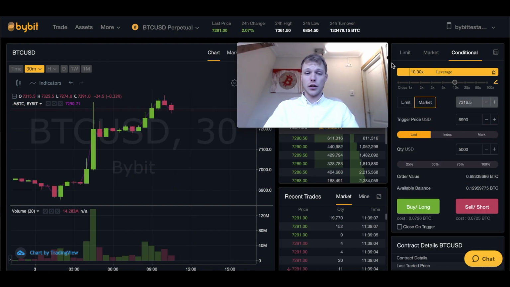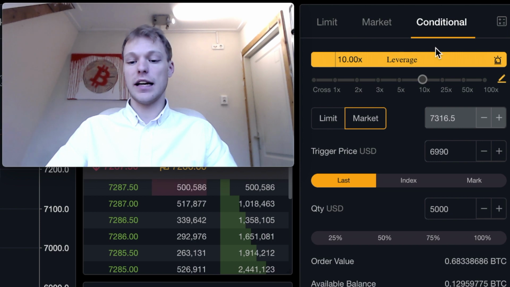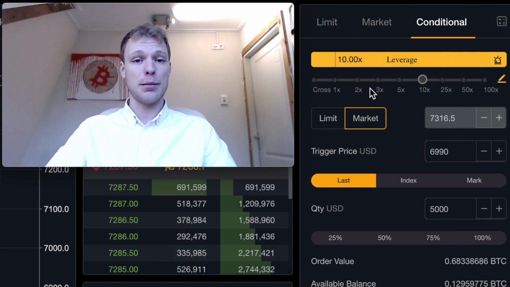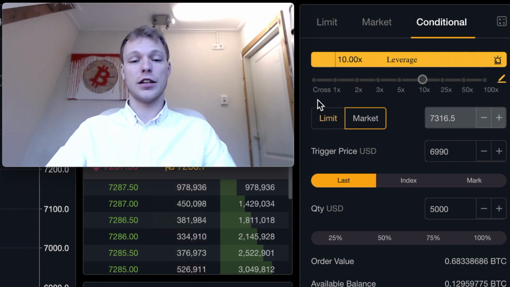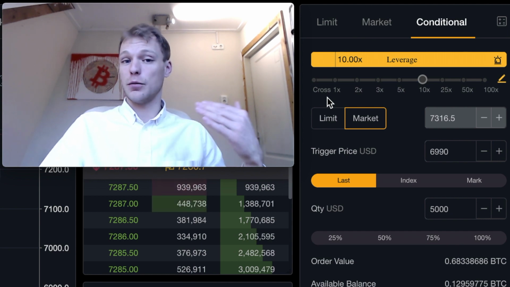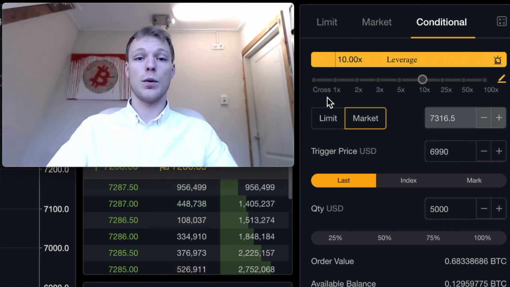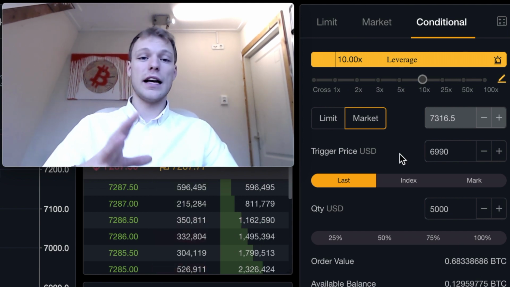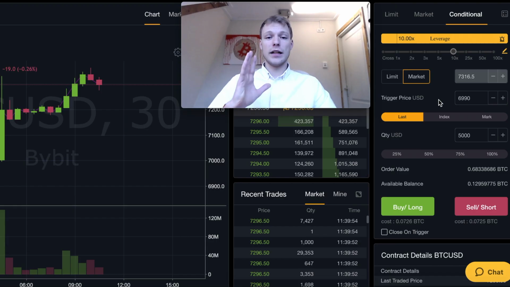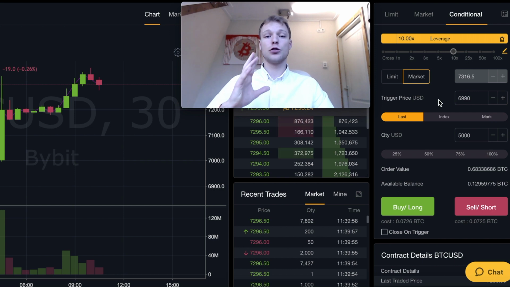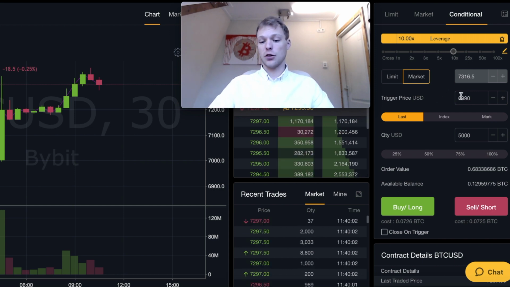A conditional order is an order that will be executed at a certain trigger price. So let's have a look into that. Here we can select the leverage, then you can select the type of order. If you want to execute a certain order at a certain price with a limit order or with a market order. And below that you can find the trigger price. So let's say when Bitcoin falls below 7,000, we expect Bitcoin to continue to decline and we want to open a short position. Then we set our trigger price at